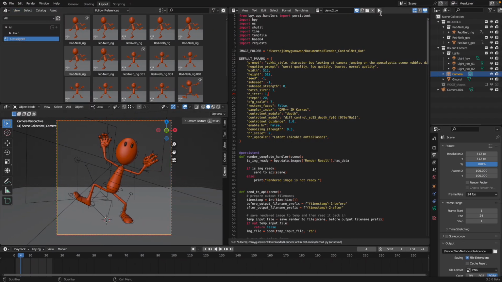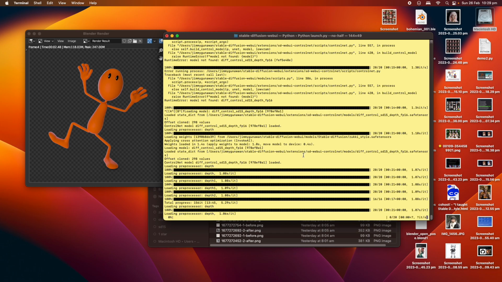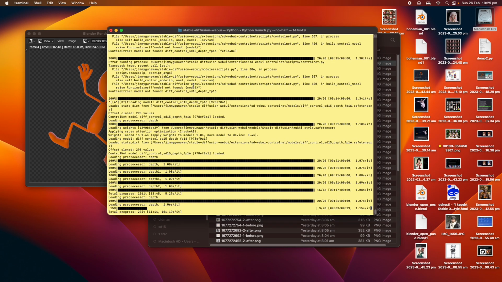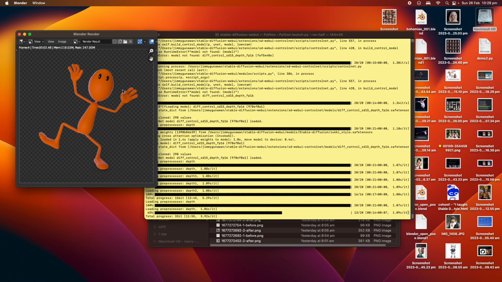I have to run this script one time, and then F12. And the script will try to talk to Stable Diffusion WebUI. Okay, now it's doing something in the background, and in a few seconds, we're gonna see a different result,